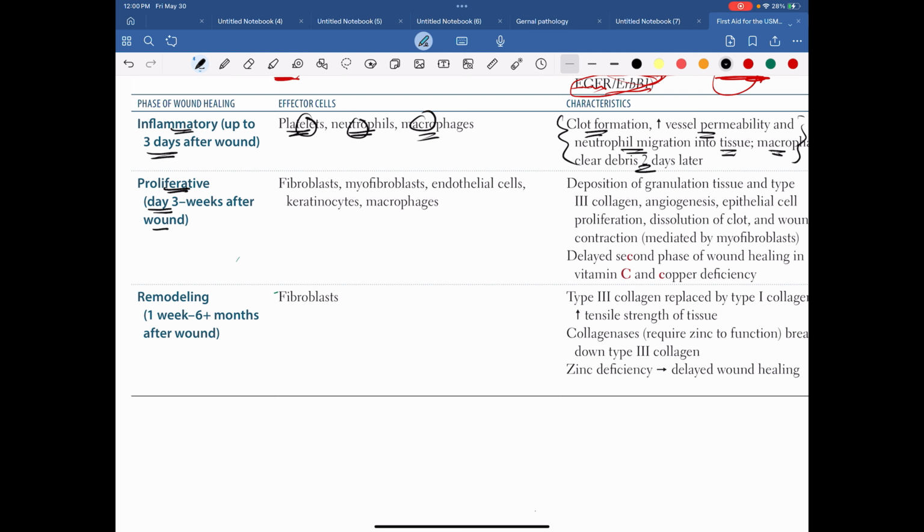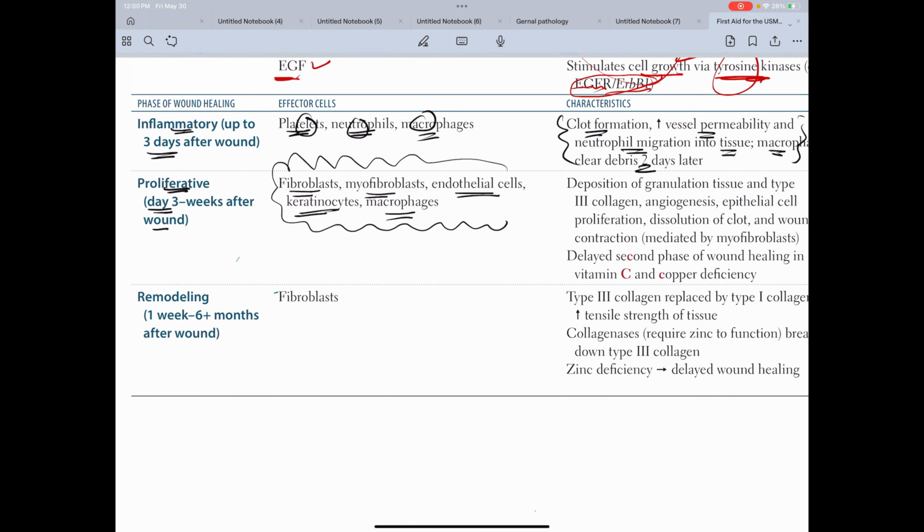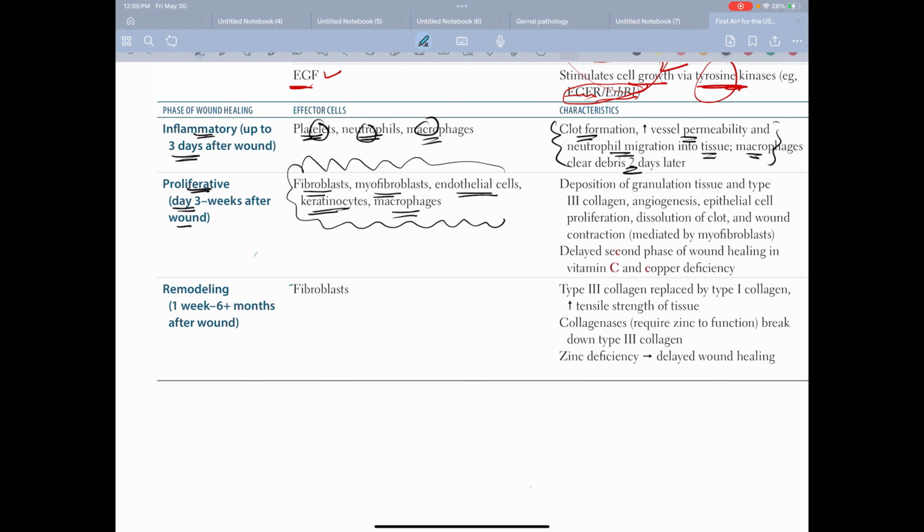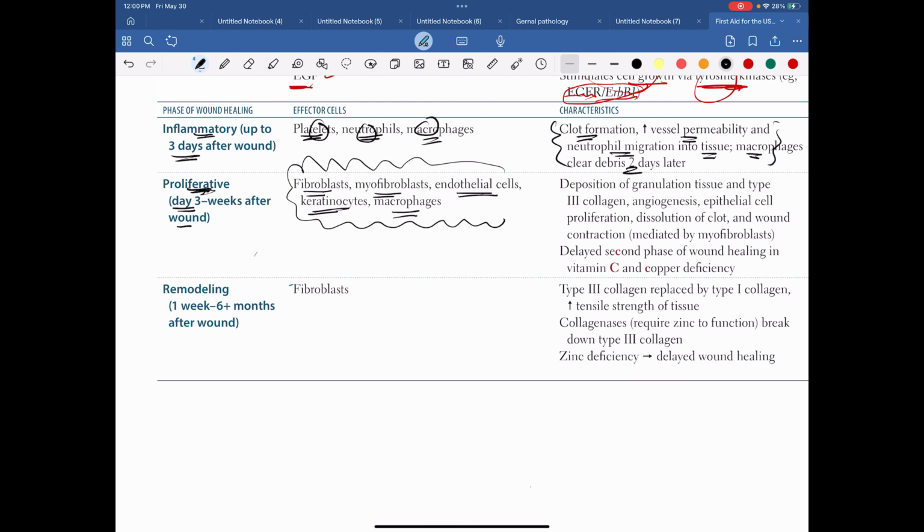And what are the cells which are going to participate in this phase? Basically we have fibroblasts, myofibroblasts, endothelial cells, keratinocytes, and macrophages. So these are the important cells which are going to participate in the proliferative phase. And also here they mention the granulation tissue. Basically in the proliferative phase there is formation of granulation tissue, and in the granulation tissue we already discussed that type 3 collagen is more important, and angiogenesis is going to occur and the epithelial cells are going